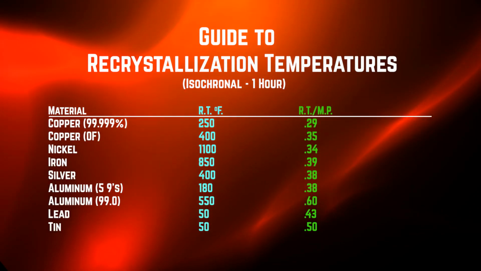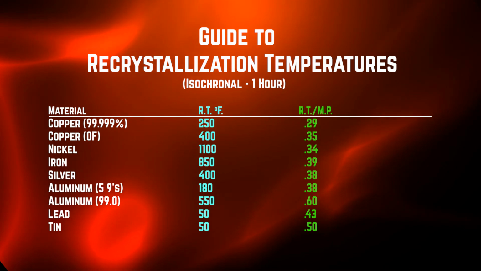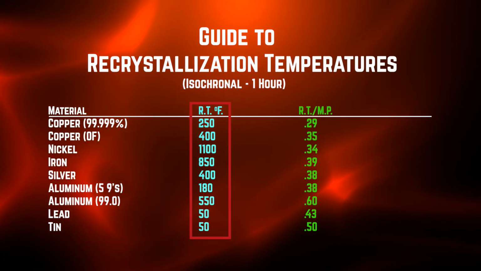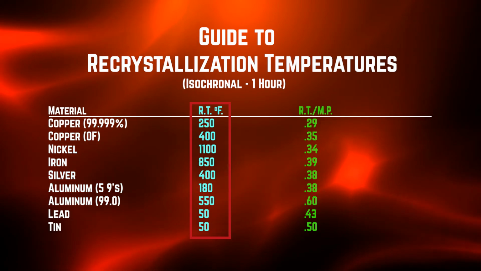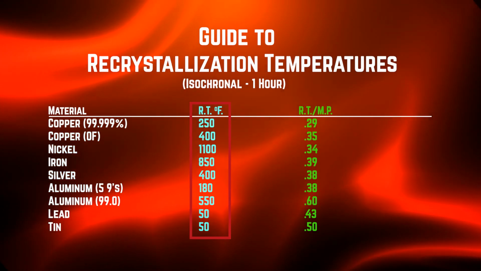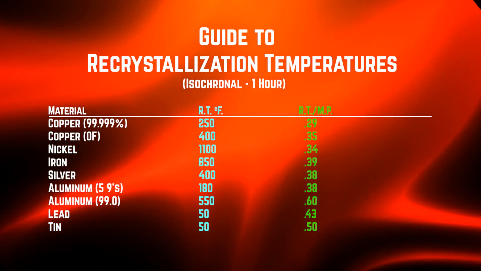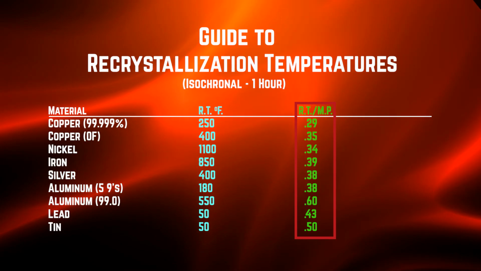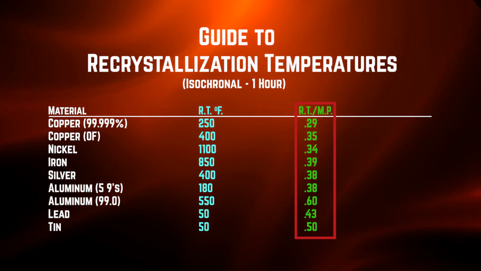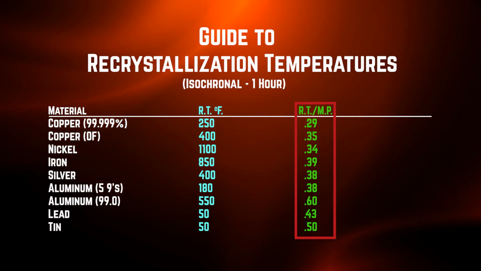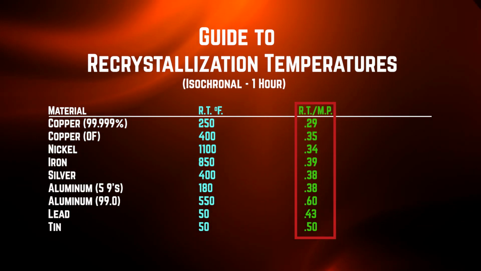Now, what's a typical annealing temperature? Sometimes people say, what temperature should I anneal this material? This is a graph that shows different materials, copper, nickel, iron, silver, etc. The first column is the recrystallization temperature. As you can see, it varies all over from low temperatures to high temperatures, depending upon the material. But if you look at the last column, that tells you the recrystallization temperature divided by the melting point. And as you can see, the annealing or recrystallization temperature is approximately a third of the melting